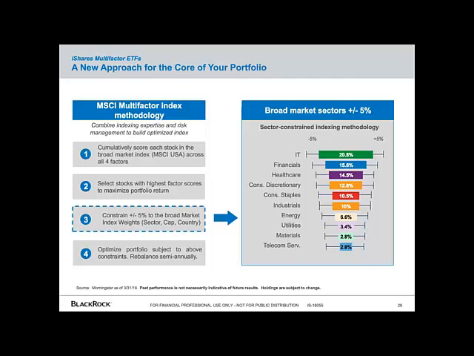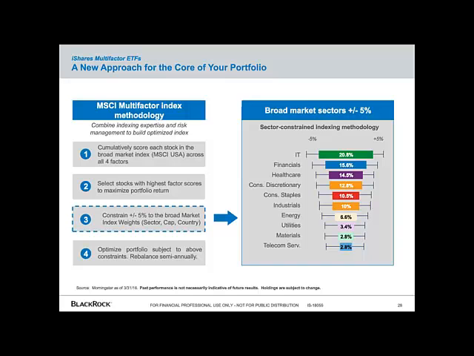Just like MinVol, we're using an index that employs an optimizer to construct the portfolio. In this case, we want to make the portfolio look like the market, but we want to maximize our exposure to securities with multiple beneficial characteristics. To accomplish this, MSCI, our index provider, assigns an alpha score to each stock. This alpha score is an equal weighted average of the stock's measure of quality, value, momentum, and size relative to the market. So stocks that have strong positive exposure in multiple of these 4 factors will have a higher alpha score and will be more likely to be included in the index, and when included, likely included at a higher weight.